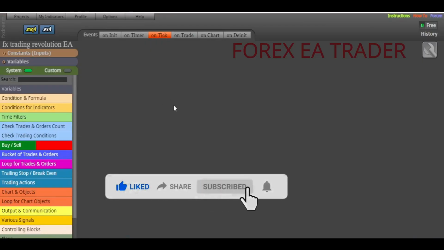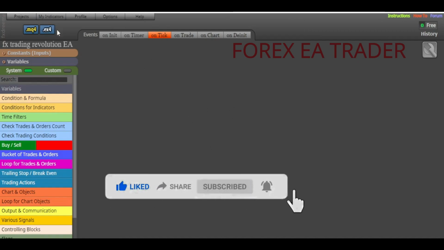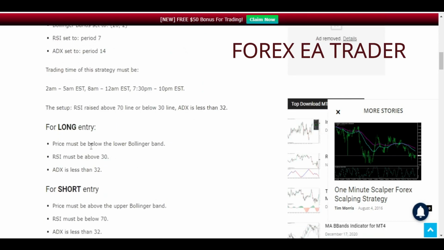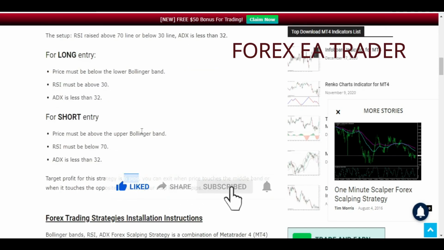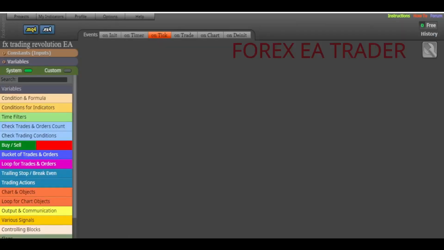And if you're going to use the EA builder that we use, which is Fxdreema, that we're going to use today, there's a limit to the number of blocks that you can use to make that robot free, that you can download, which is I think around 10 blocks. So you don't want to create more than 10 blocks unless you want to subscribe. Then you can play some more with it. So what we are doing on this channel in this video is definitely keeping everything free, and the stop loss needs to be 7 pips. So let's see how we can turn this into a forex robot that can trade on